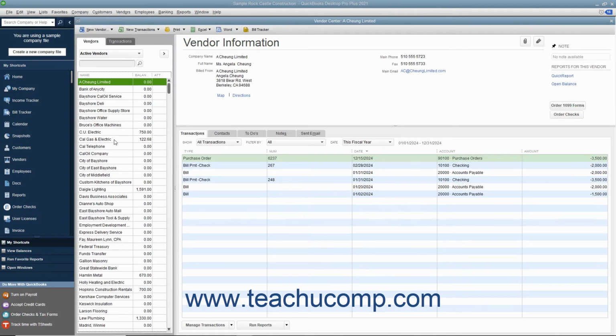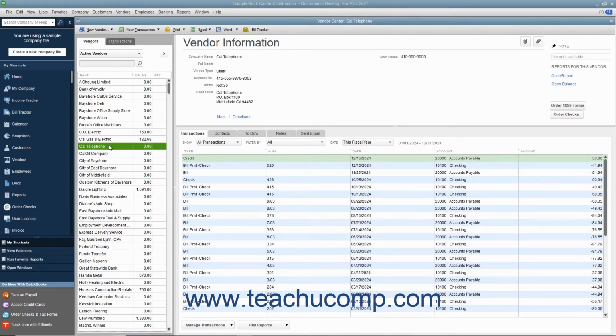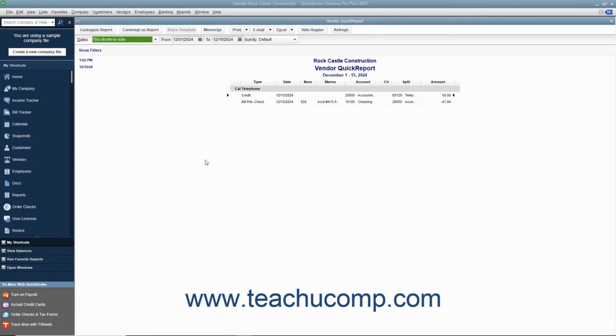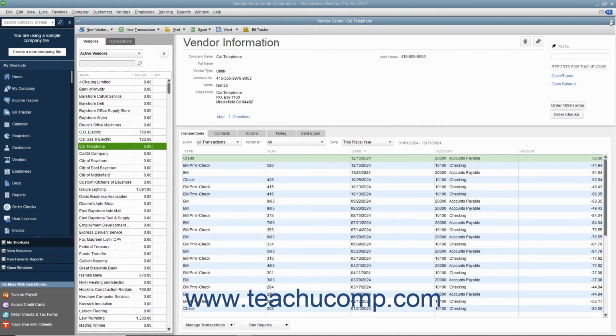To do this, select the vendor's name from the vendor's list within the Vendor Center, and then click the Quick Report hyperlink in the upper right corner of the Vendor Center. Alternatively, you can select Reports, Quick Report from the menu bar. At that point, you'll see a quick report appear that lists your transactions with the selected vendor for the current accounting period. You can also generate a quick report on any form displayed in QuickBooks or on any selected record